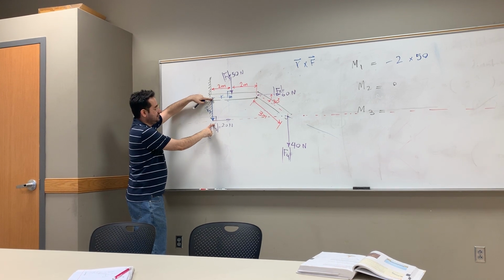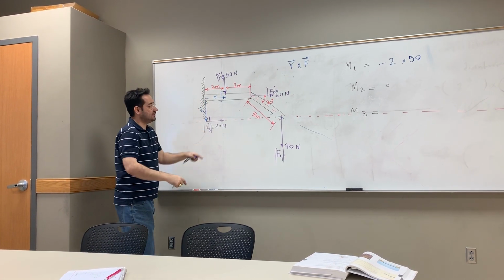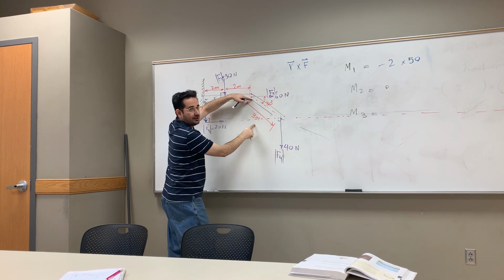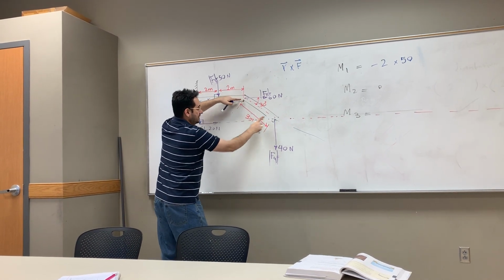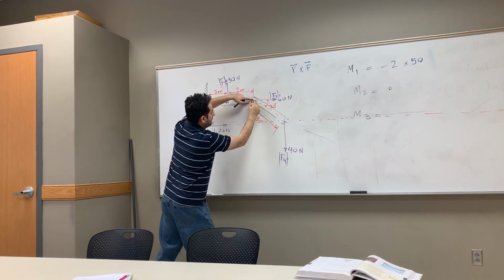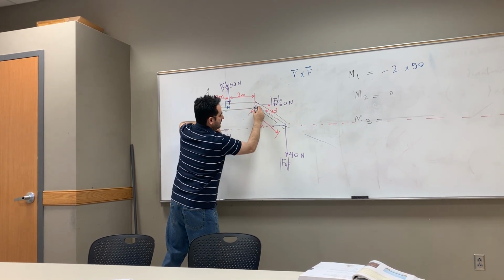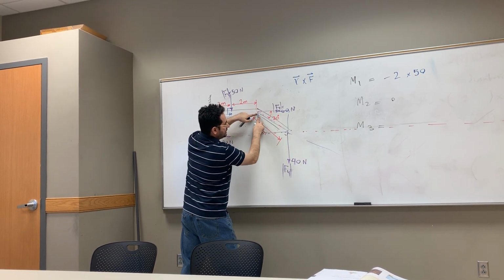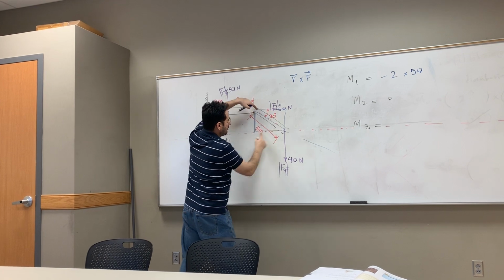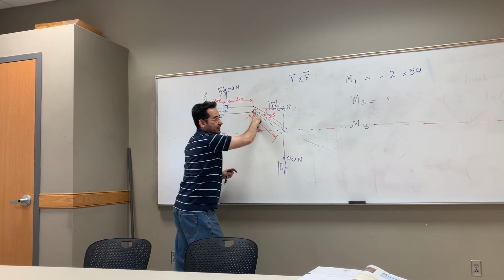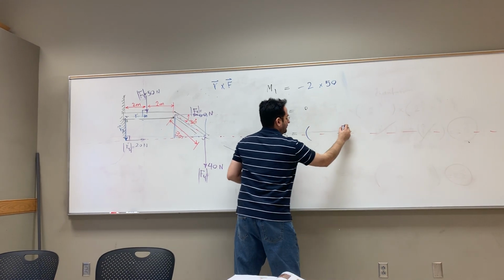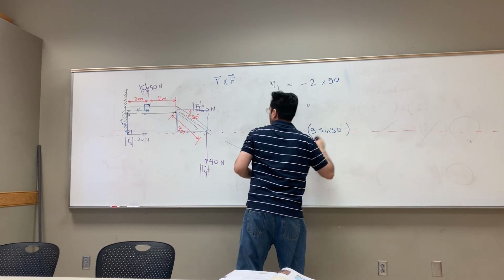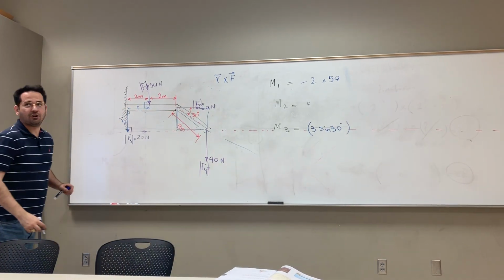Its numerical value is what? 3 times... this one is cosine, this one. 3 times sine 30 is just the magnitude of this side, because this side is just this side, in this triangle, and also in this triangle. 3 times cosine 30 is this side, 3 times sine 30 is this side, right? So that's going to be the moment arm, which is 3 sine 30,